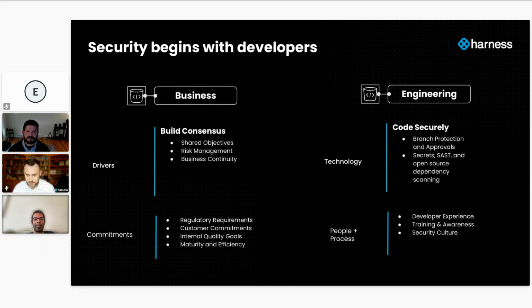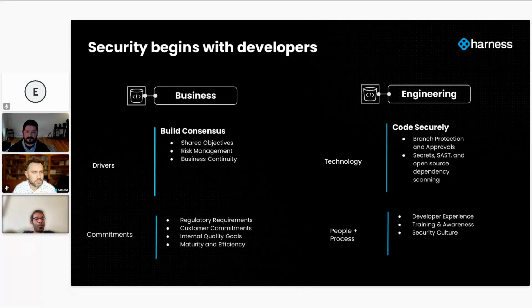One aspect that we have seen is, we can build a lot of security controls in place, but we also don't want to restrict developers early on so that they can keep on experimenting with the code that they're trying to build. There's always a healthy balance that we have to strike between business and engineering, where business wants to drive results faster, and engineering wants to deliver a high quality product. But both of these have to come together because the eventual solution has to be secure. You don't want to release something that is insecure day one, and oh my God, the secrets got leaked through various mechanisms.